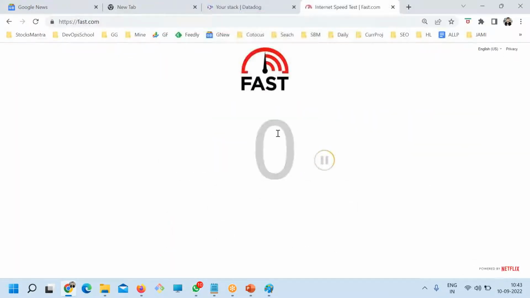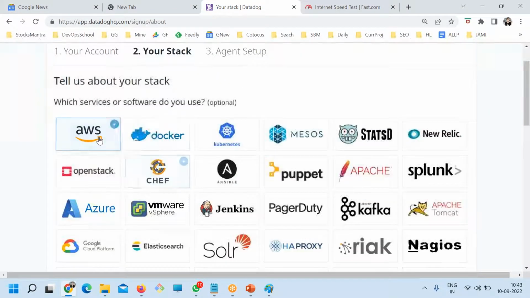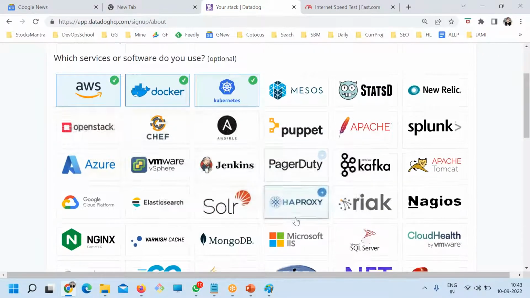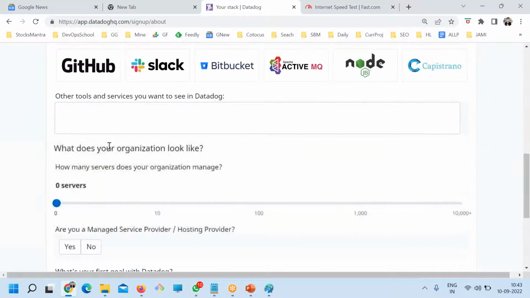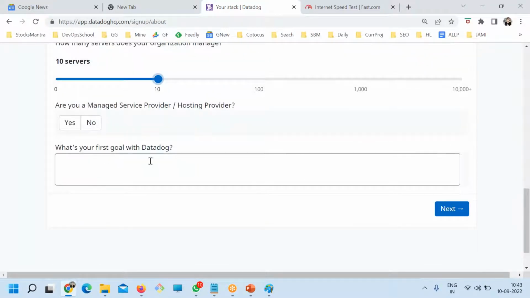Let me check the internet connection. Okay, so AWS, Docker, Kubernetes, all these things. You select here. You select how many servers you want to monitor, and you can give some goals and all. Next.